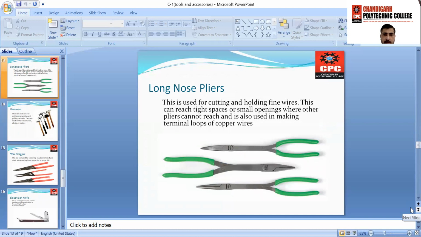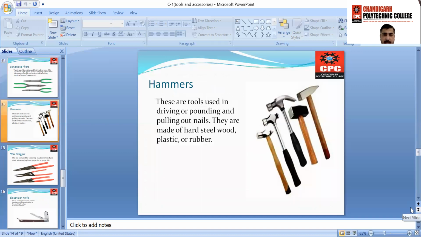And the next type is the long nose plier. This is used for cutting and holding fine wires. It can reach tight spaces or small openings where other pliers cannot reach, and is also used in making terminal loops of copper wires in tiny or narrow spaces. Now, hammers.